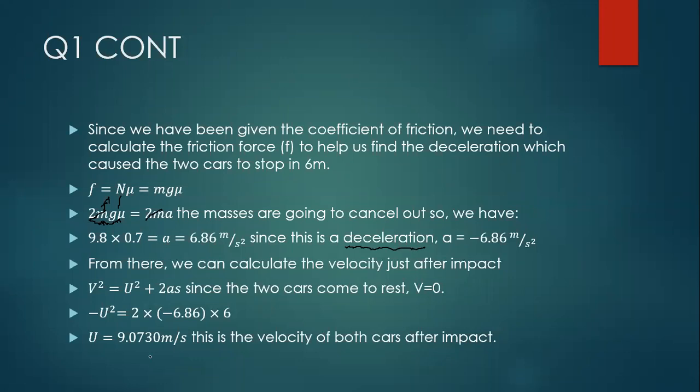What we are saying is that from there we can calculate the velocity just after impact. If we can find the velocity just after impact, it will give us a window of finding the velocity before impact. And then using the deceleration that we have found, we can use this equation: V squared is equal to U squared plus 2gs. Now we know that if we use this equation, since the two cars will come to rest,